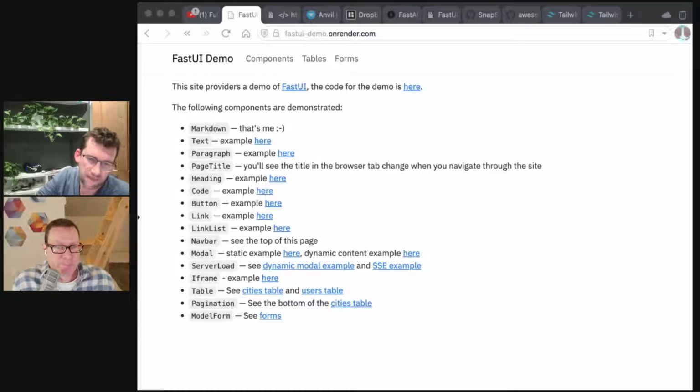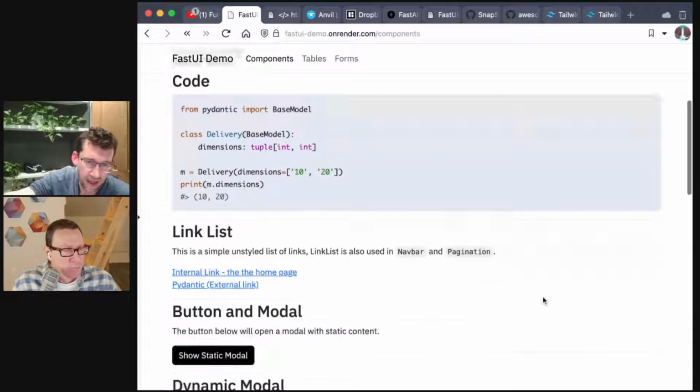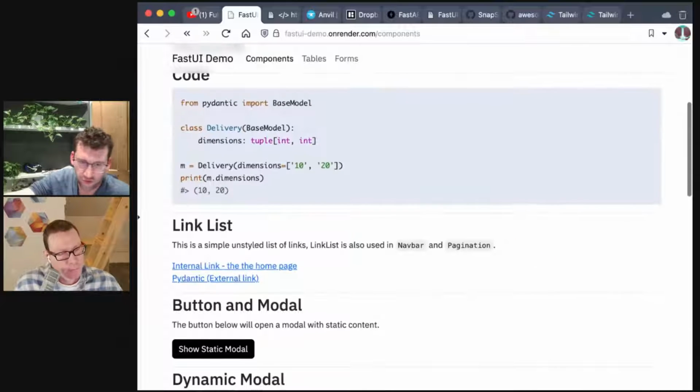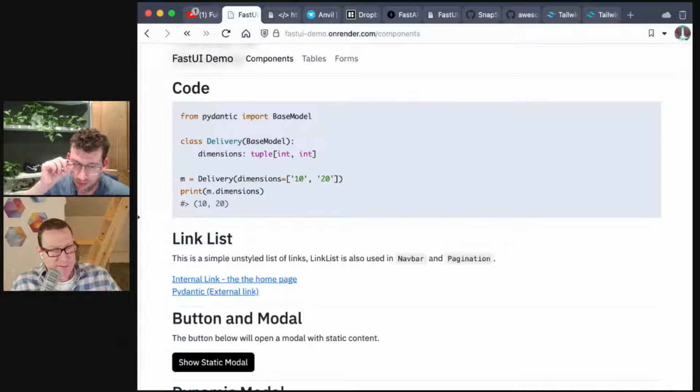Yeah, exactly. Heading, again, very simple, like a 1 to 6 HTML heading. Code is a bit more sophisticated. If you click on code, those who can see it will be able to click through. We get a highlighted bit of source code displayed. It's color coded with class types having a color and keywords having a color. That's nice. Like you would see in GitHub or something like that. So again, that should just work out of the box.